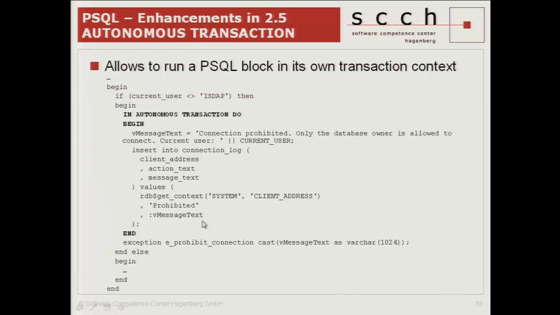If you reach the end statement without an exception, this block gets automatically committed without committing the outer transaction. So that's very useful,